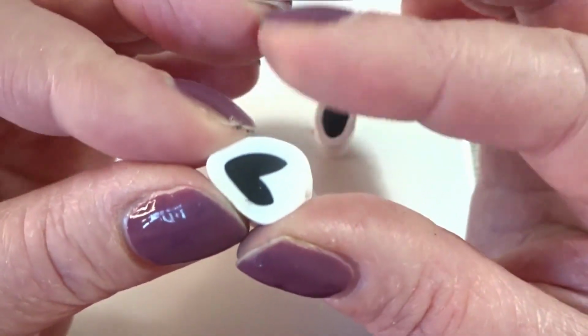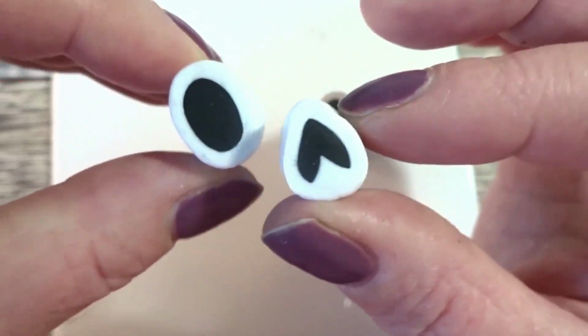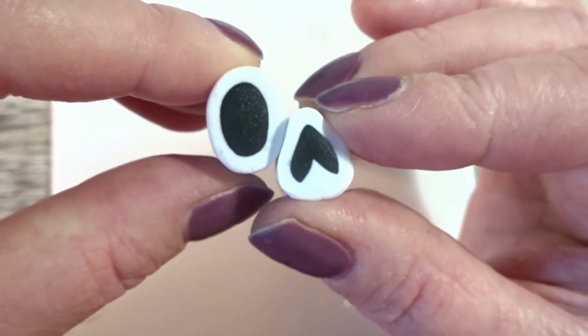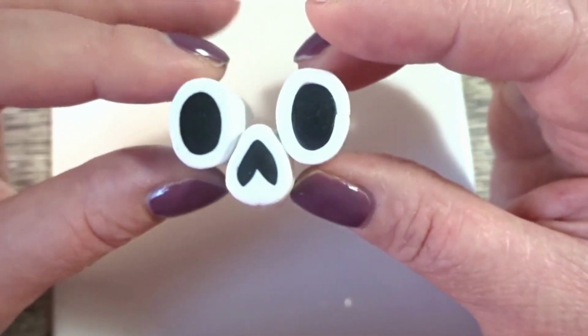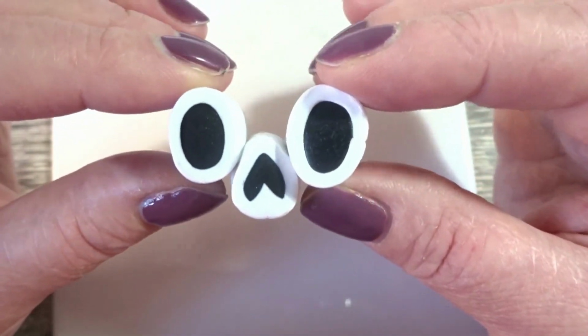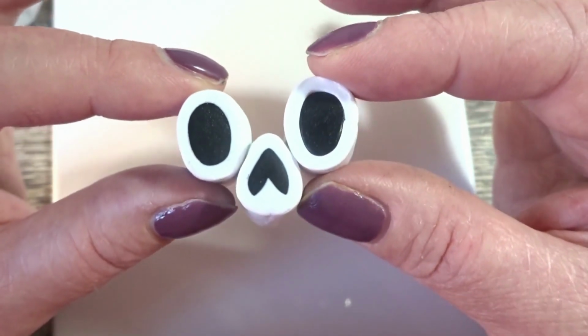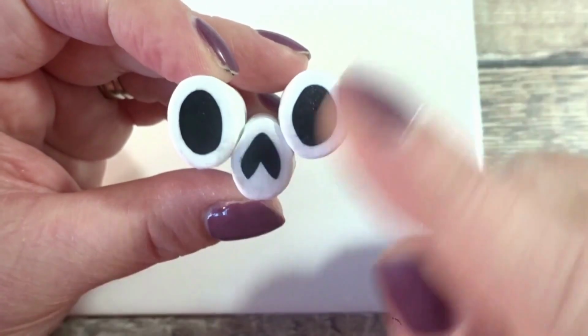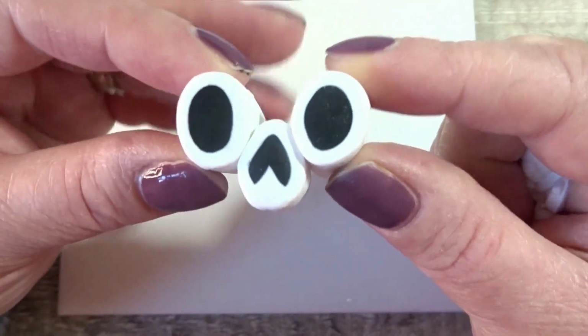just to support the point of that nose like that. And you want to position it so the nose is up near the eyes, because if you have it lower, it's going to look like you've got a moustache rather than a nose. So I've now positioned my eyes where I want them to be and firmly stuck them down,